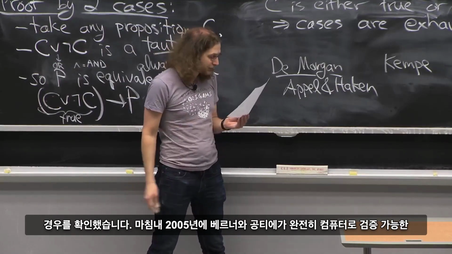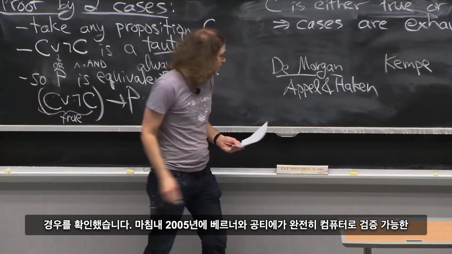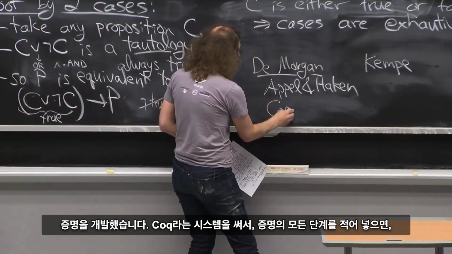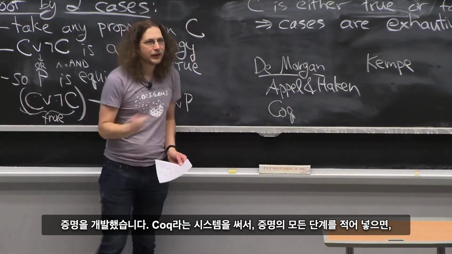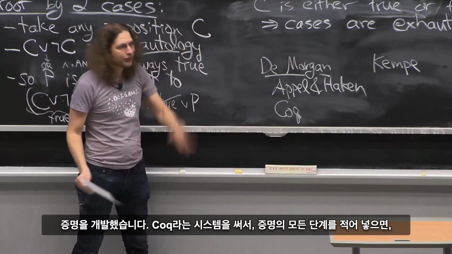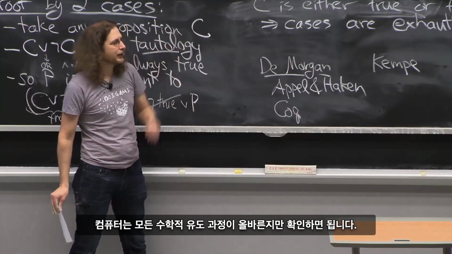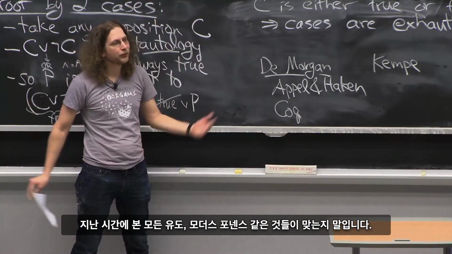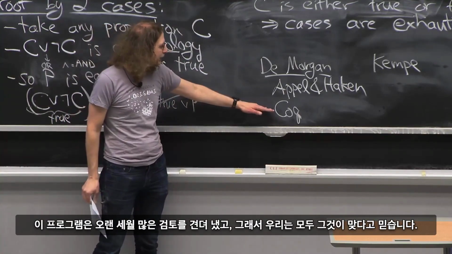Finally, in 2005, Werner and Gonthier developed a fully computer checkable proof using a system called Coq, where you write down every step in the proof, and then the computer just has to check that every mathematical derivation, like all the derivations we saw last class, modus ponens and all those things, are correct. This program has